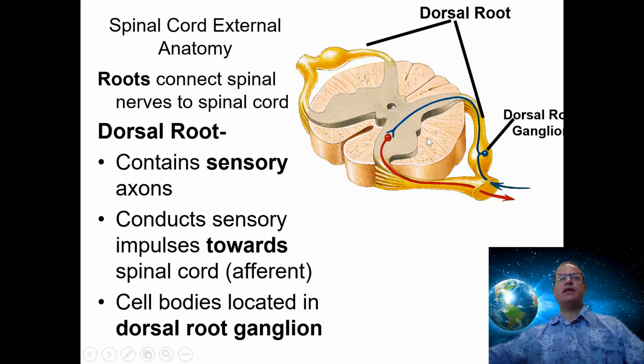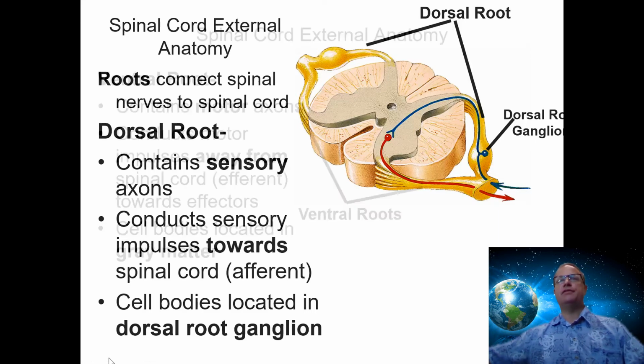Now, the important thing about the sensory neurons is they have their cell bodies in the dorsal root ganglion. A ganglion is a collection of cell bodies located just outside the central nervous system, and this ganglion is where our cell bodies of our sensory neurons are located. All the other neurons are going to have their cell bodies in the spinal cord, for example, our motor neurons, or our interneurons. The whole neuron is in there as well, so there's no interneurons to see right now. But big picture is the spinal nerve comes in, dorsal root connects the sensory information up to the posterior horns